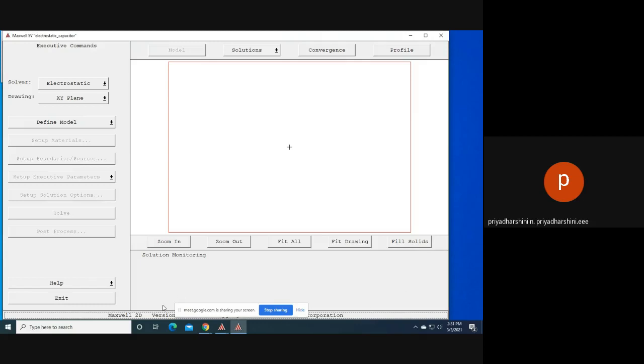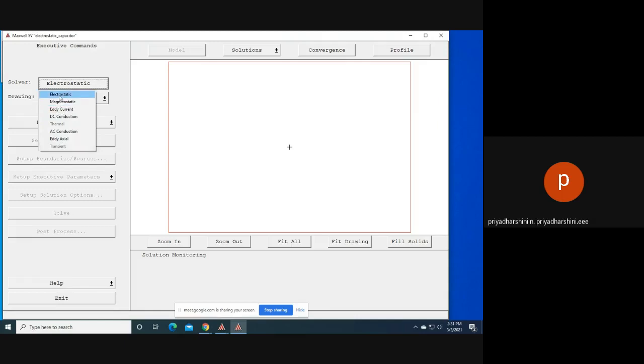First we will see what are all the things we have to do in our Maxwell software. The first one is solver. We can do different types of analysis like electrostatic, magnetostatic, eddy current analysis, DC conduction, AC conduction, and eddy current in axial term. Everything we can analyze.